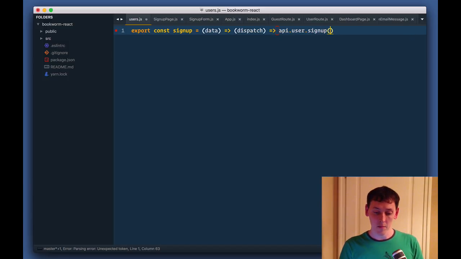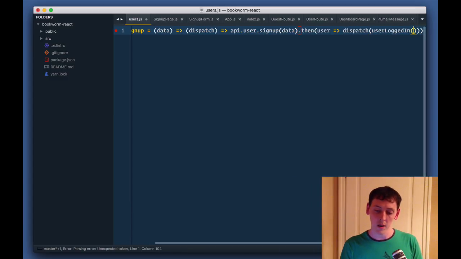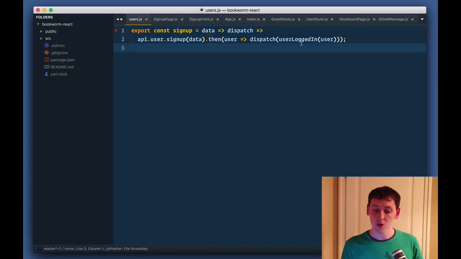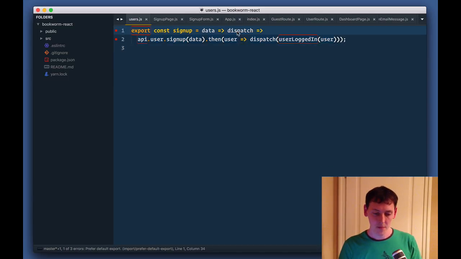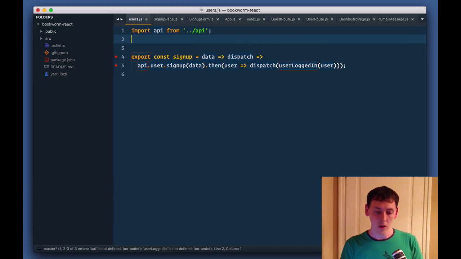It will pass data to it. It will respond with user data. So what we're gonna do here is we're going to dispatch user logged in, because that's what we wanna do. We want to log in user after successful registration. Okay. So now we need to import API from API. We need to import user logged in from